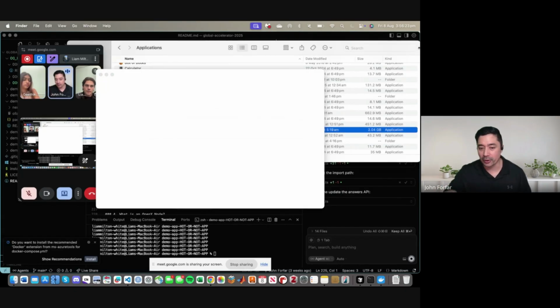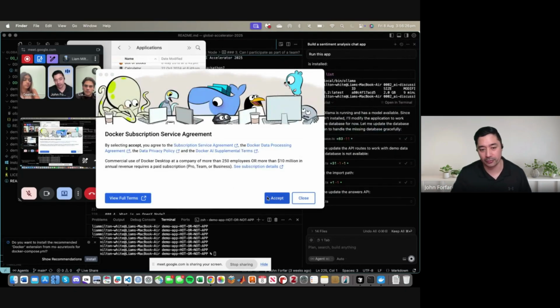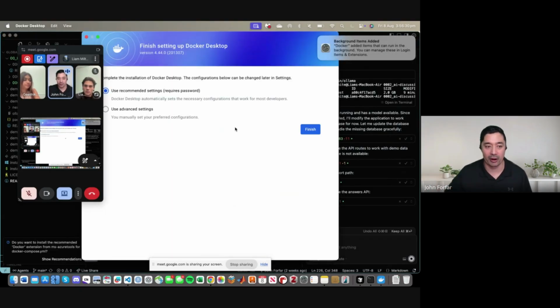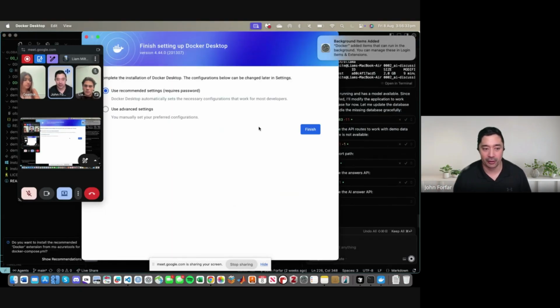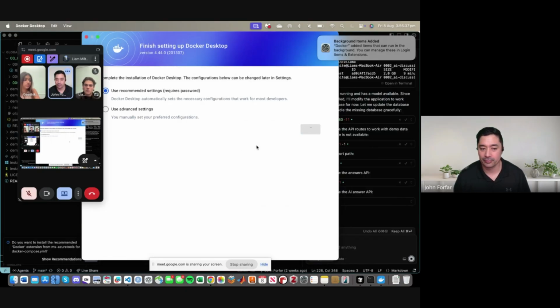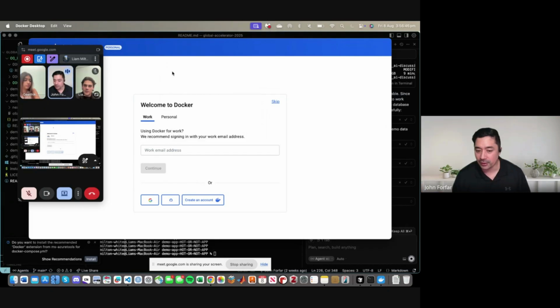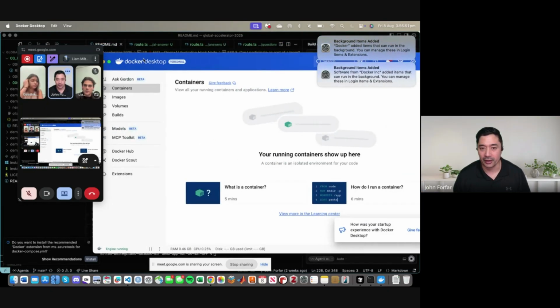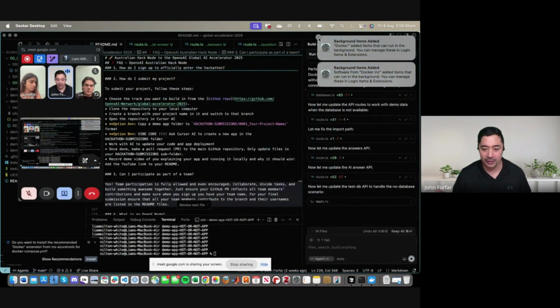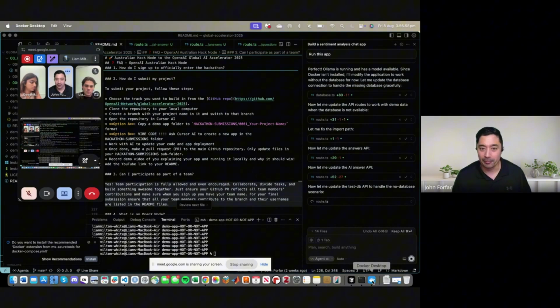Yeah, and then down the bottom right of Cursor. Oh yeah, go through this stuff. So basically, it should be a whale icon at the top right. Just say yeah, finish. Yep. Right. You can skip this, so you just skip, and it will just run. Okay, so now you do have Docker. There should be a whale icon somewhere, but if not, whatever. Yep. Then if you go back to Cursor and just say Docker is now installed,